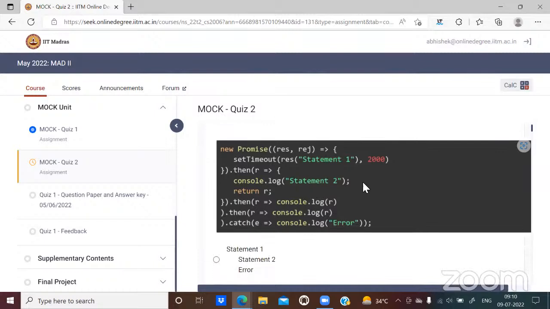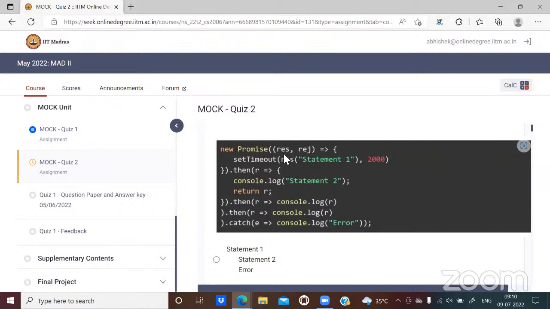If we look at it, what is happening in this program is that we are just creating a promise, and there may be some conditions which are the deciding factor whether the promise would be resolved or rejected. In this promise, both of the arguments have been given. The first argument will always be a resolve. The second argument will always be a reject. It does not matter what naming conventions have been used. If I would have used REJ in place of RES, then this REJ would have been the resolve parameter. And this RES, if used in place of REJ, would have been the reject parameter. So don't go by names, just go by positions.